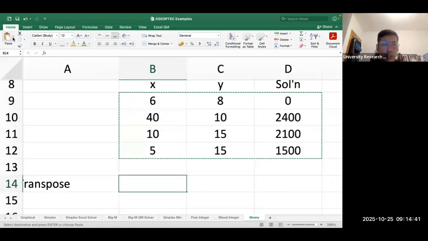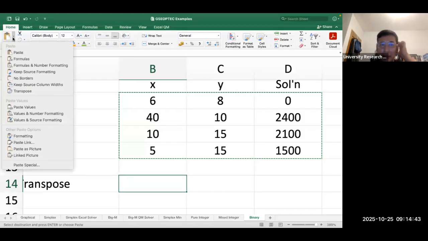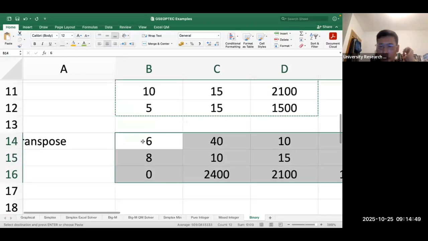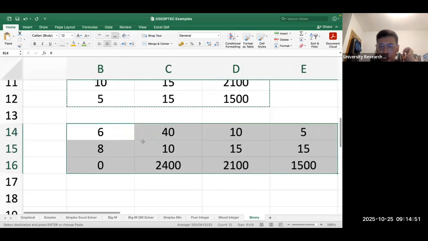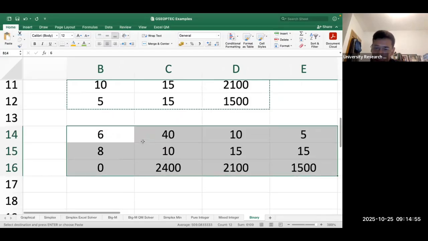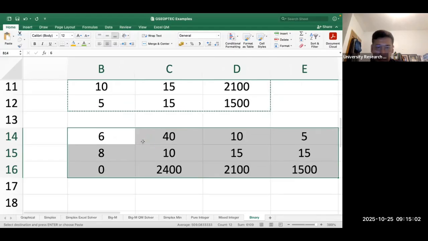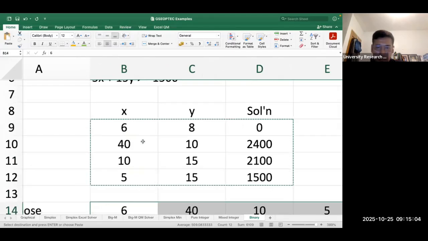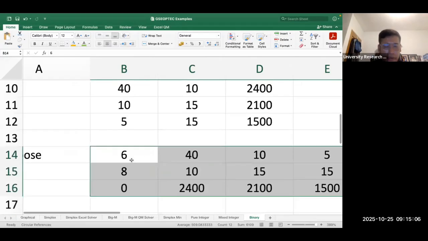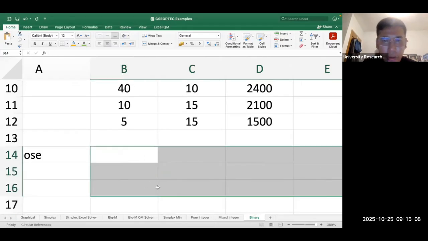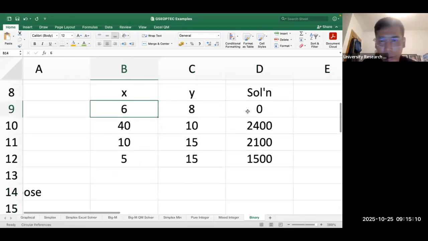So para ma-transpose siya, so you just click the paste here. Meron tayong transpose dito. Saglit. Parang nagbaligtad. Anyway, I'll start with the constraints